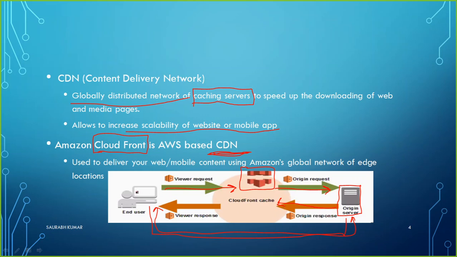Now the benefit will be for the second guy. Maybe my friend, who is also in India, wants to watch that video. His request will go to the cache server, and because the cache server already has that video, it will respond quickly from there itself. So if we have 1 million users in India, or 2 million, or 20 million, or 100 million users, their requests will not be required to go every time to the America server. They will be able to watch the video from where? From this cache server, which is in India itself. It already has that video here.